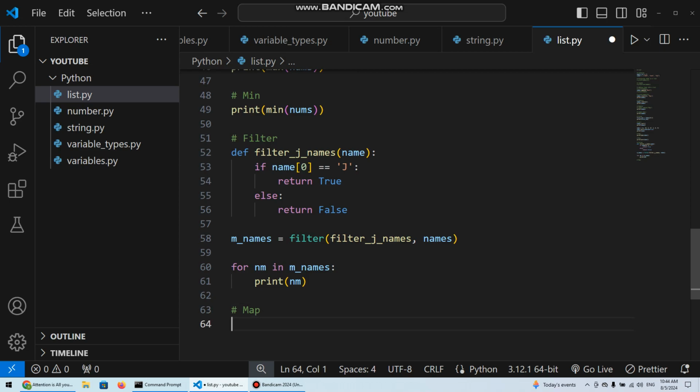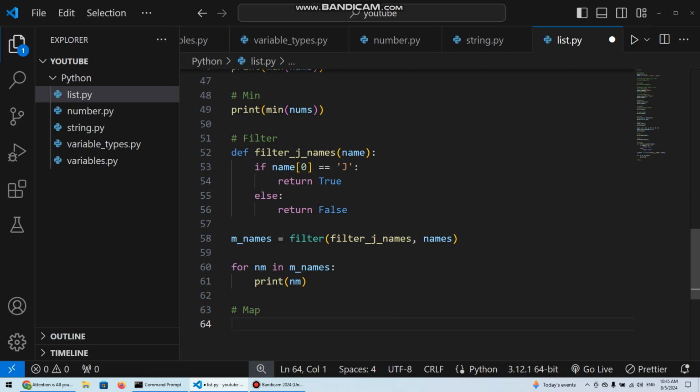One being a function that will go through all the items of a list. In the filter case, we saw that we get a function that goes through each item in a list and checks if that item meets certain conditions. But in the case of map, it goes through items in a list and does something to each item in that list. So to see this, let's say